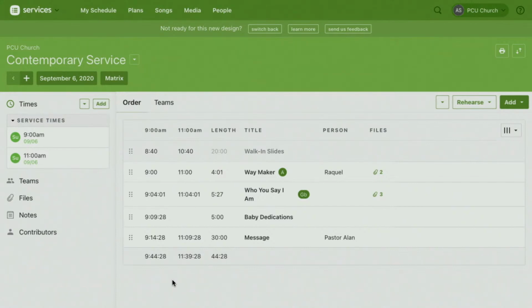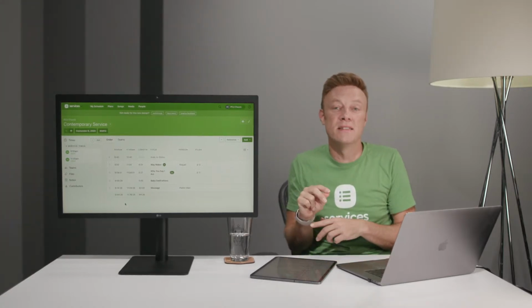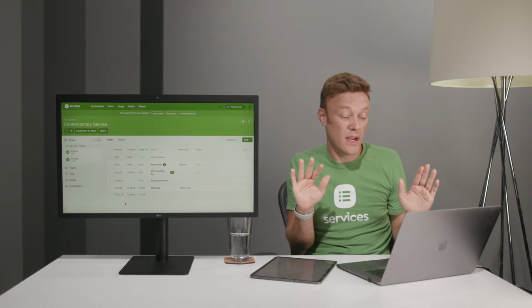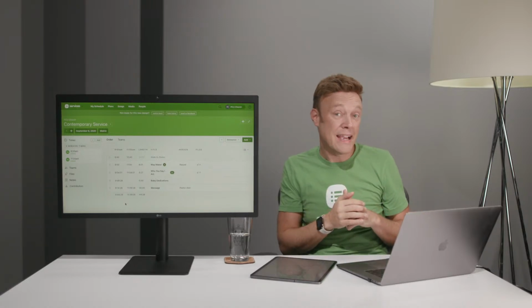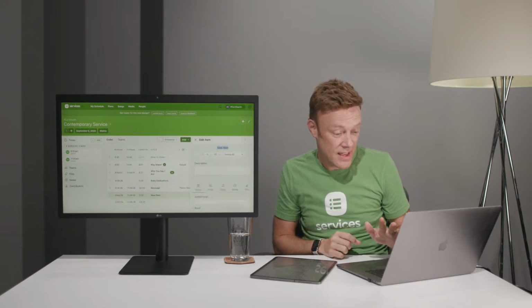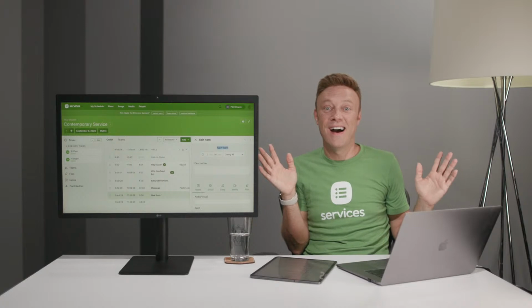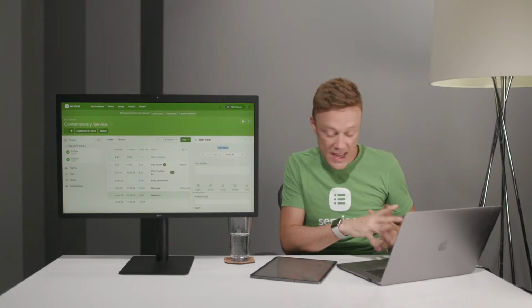Let's add our announcements. Okay, power user tip. This is my favorite. There are shortcut keys everywhere. So instead of going up there and clicking to add an item, I can just hit I for item on my keyboard. That automatically does it. So awesome. Yes, so now that I've got that, let's type